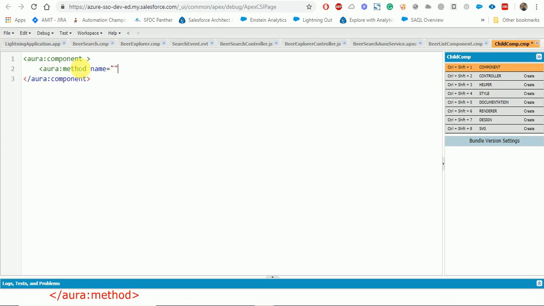We'll name it child, and then for action c.handleChild, and then for access we will give public.